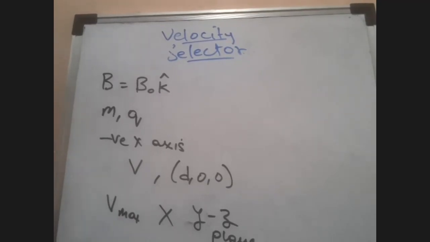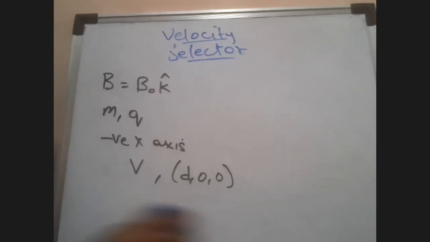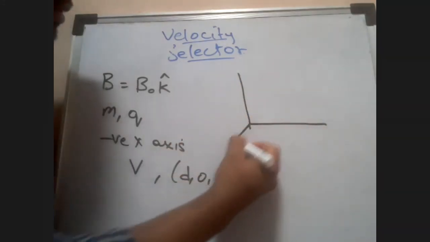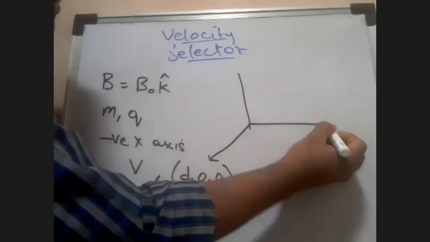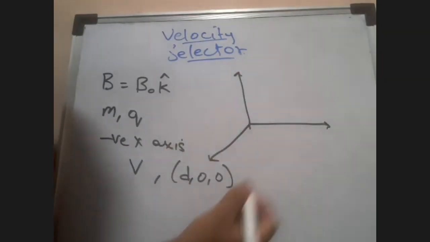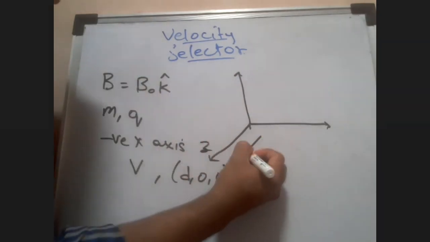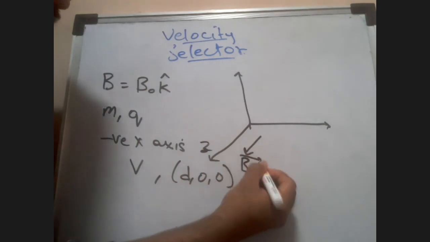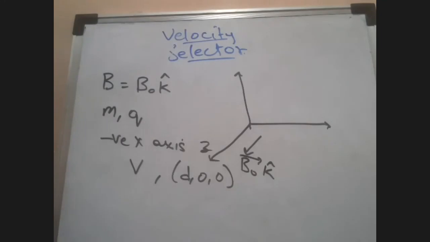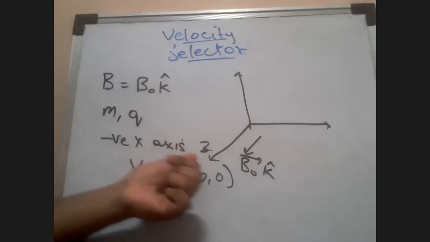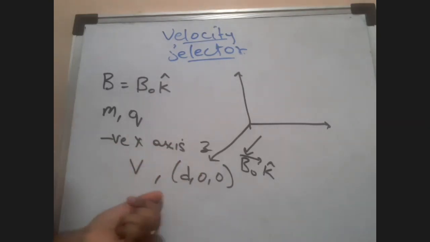Okay. So, simple question. Can you tell me at least the approach? First, should I draw the diagram? Even the diagram is given, students. Listen to me. They're saying that there is a magnetic field in the Z axis direction. I will write that B naught K cap. Then there is a charge with mass m and charge q, projected towards the negative axis with a velocity v, from which coordinate? D, 0, 0. That is all we needed to know.